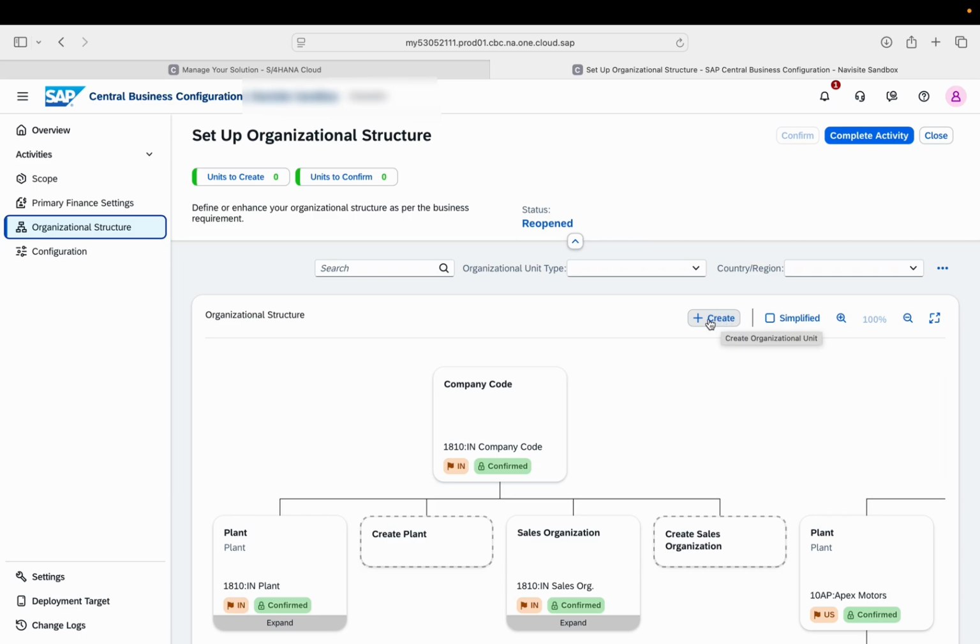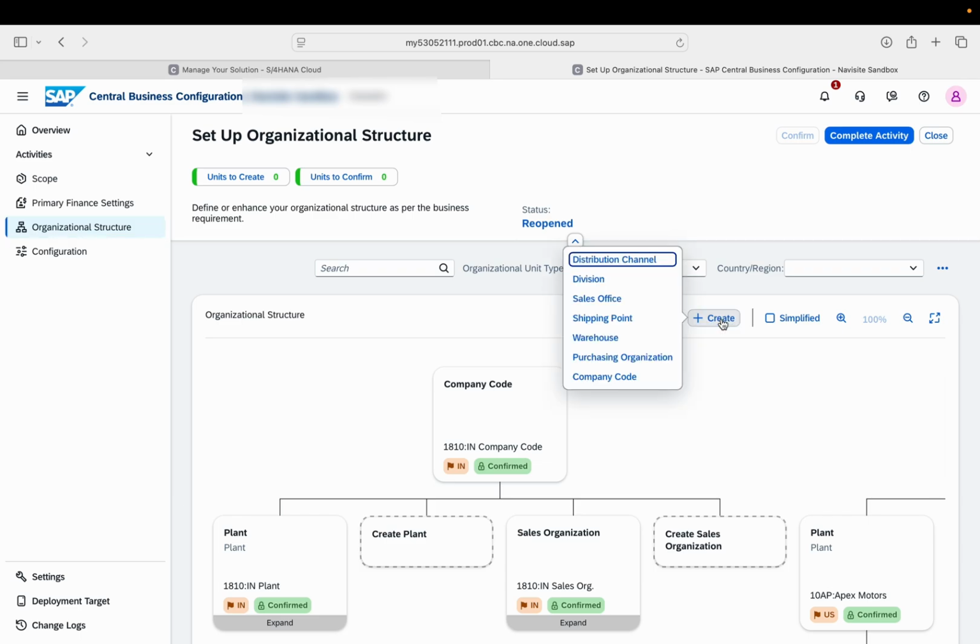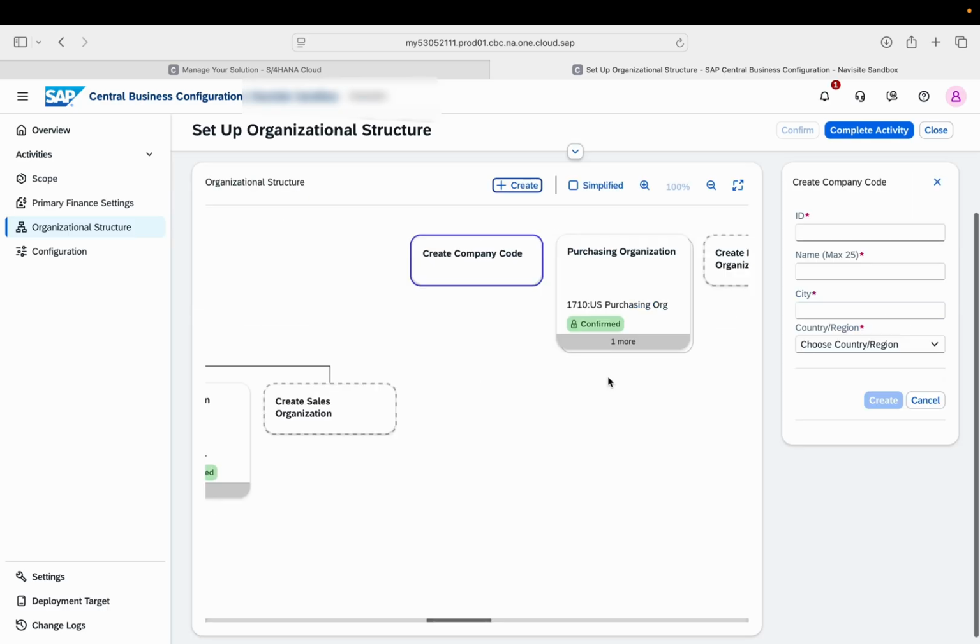Simply what we will do is click on create, and then you can see that these are all things that you can create from the CBC tile. Right now we are in the CBC, Central Business Configuration. Now simply click on company code. Once you click on company code, the create company code node will get selected automatically, and you need to provide the details over here.